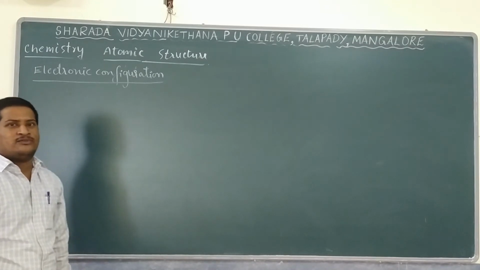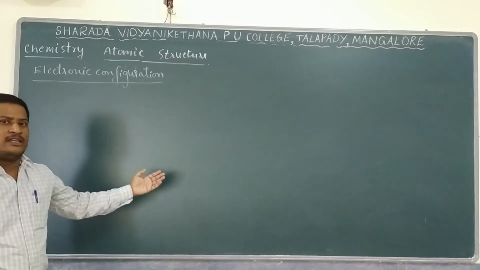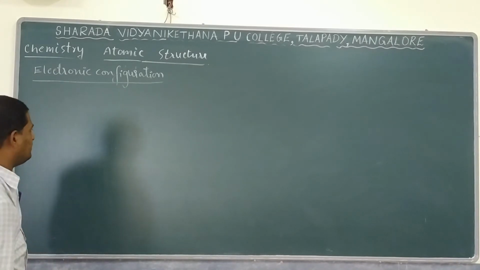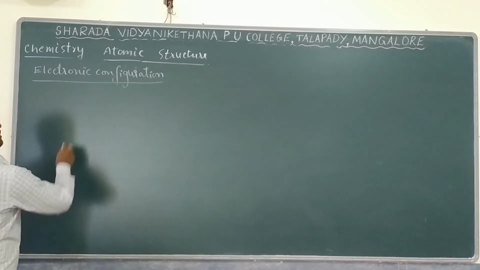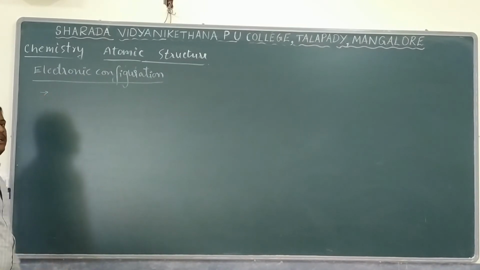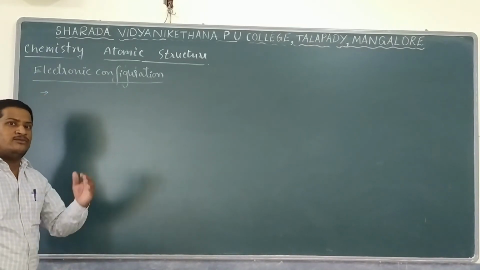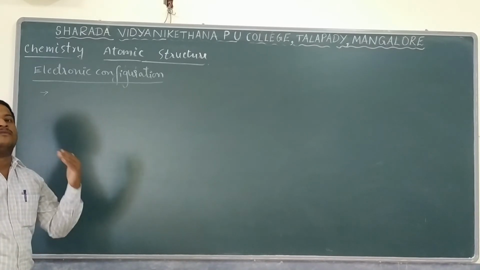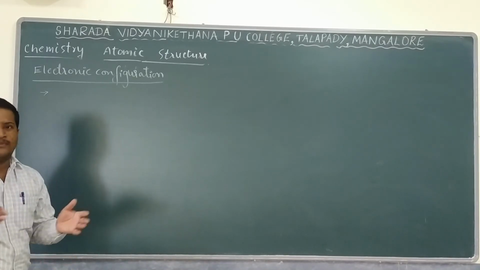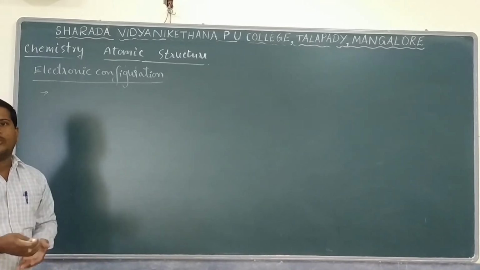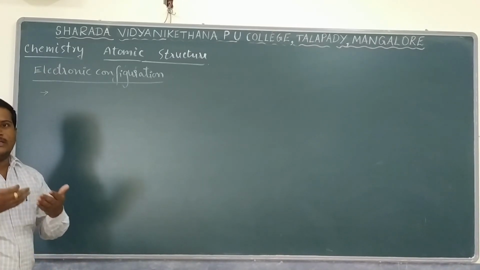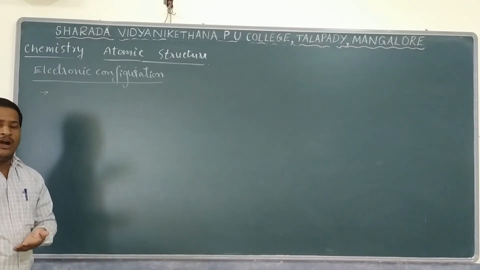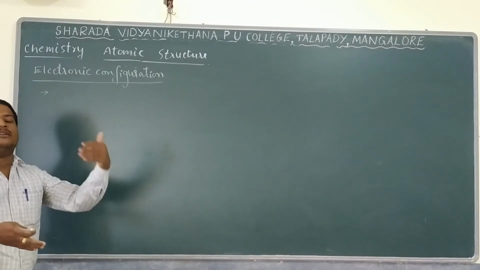Now let us go for writing electronic configurations for different important examples. Electronic configuration is the arrangement of electrons in various orbitals with respect to their increasing order of energy. We have a variety of orbitals and their energies are going to be different. So what we do is, if a multi-electron atom is present, say more than one electron, then how are those electrons accommodated in different orbitals?